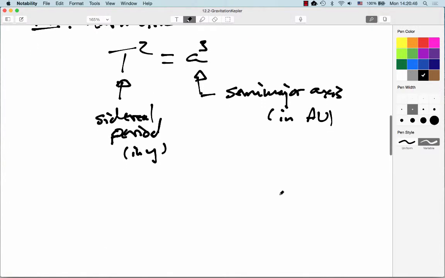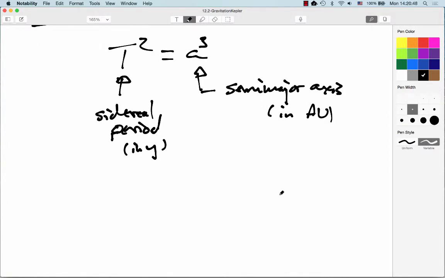Okay, so that's what Newton has to work with. That and his very strong suspicion that this force that's making planets go around the Sun like so is also what makes a rock at the surface of the Earth fall. All right. So